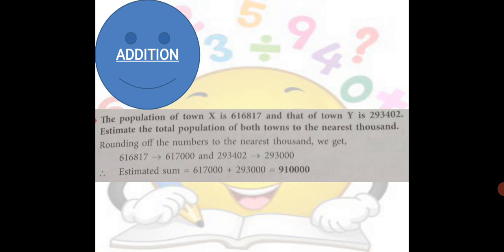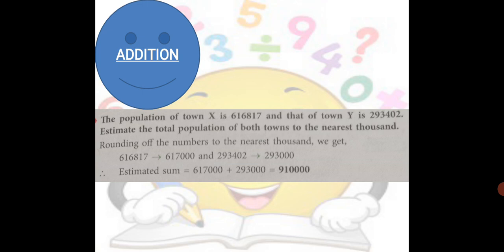That means we will implement rounding off and estimation on addition problem, subtraction problem, multiplication problem, as well as division problem. So, we are going to start with an